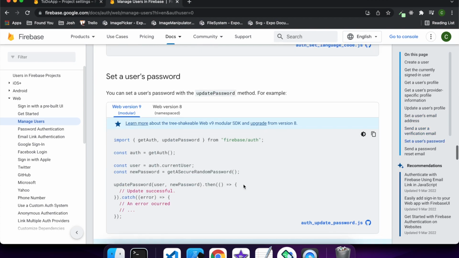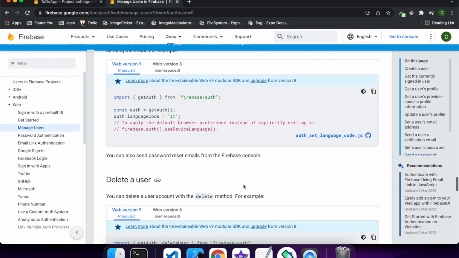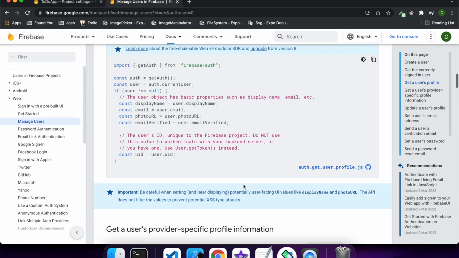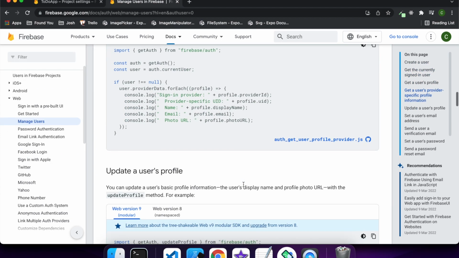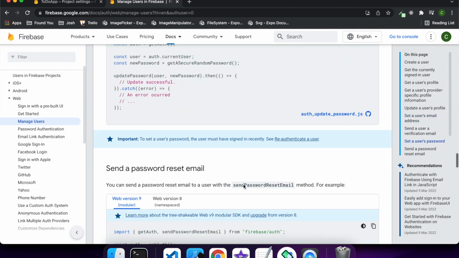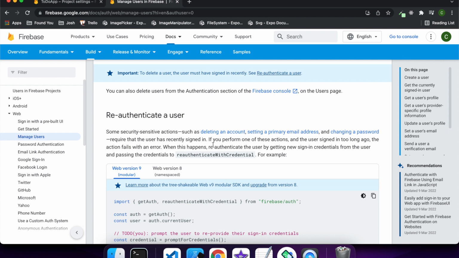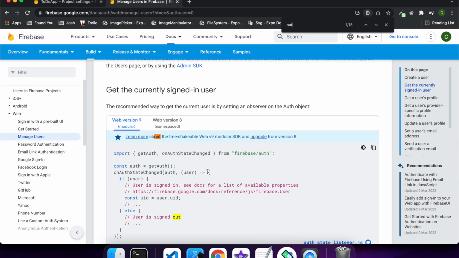I want to check whether the user's verified, and I want to show them an option to send a new verification email in case either the one that's been sent has expired, or perhaps they've lost it or never received it for whatever reason. So these are just all the different options available to you, and I'm trying to find the